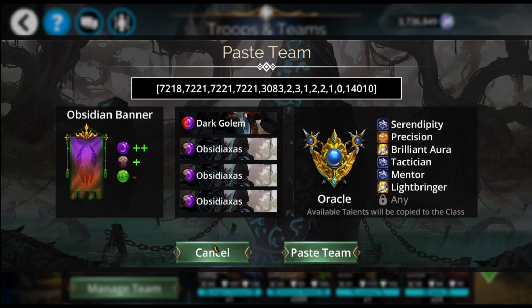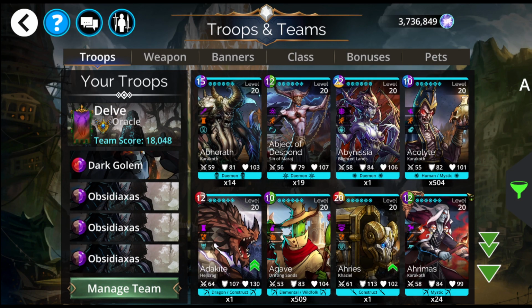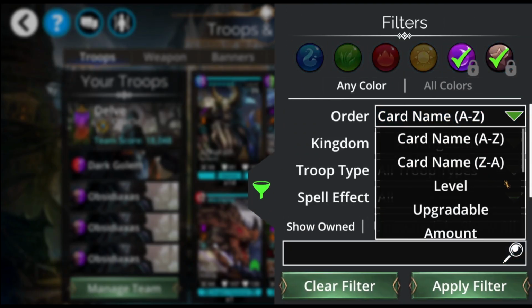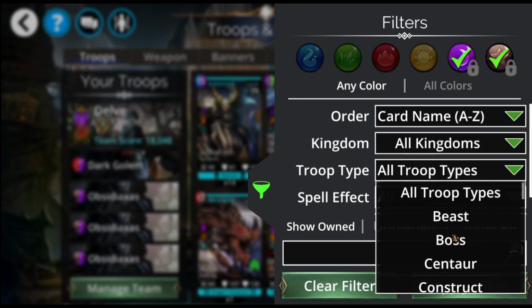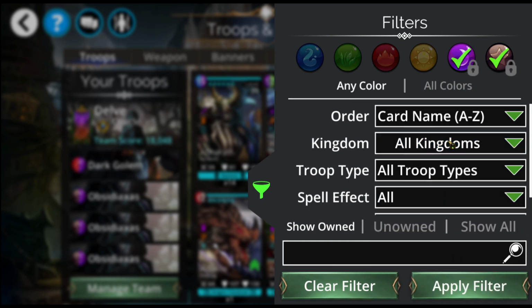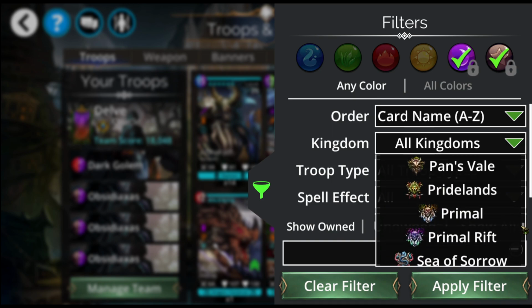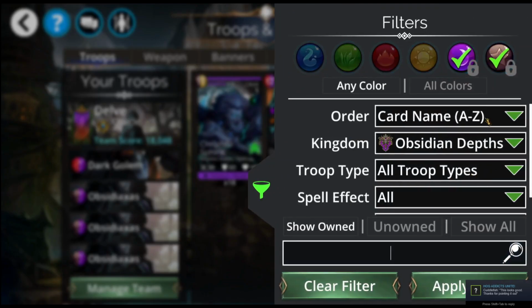Now, is this the best team to use here? I don't know yet because I haven't tried it. Sometimes I have to play with these teams before I can really figure that out, but I am considering using another setup, but keep an eye on the description of this video. If I find a better team, I will upgrade the video and my website with the updated team. But the troops that we have here